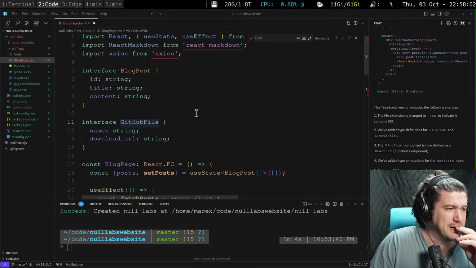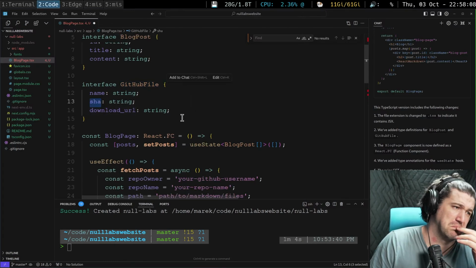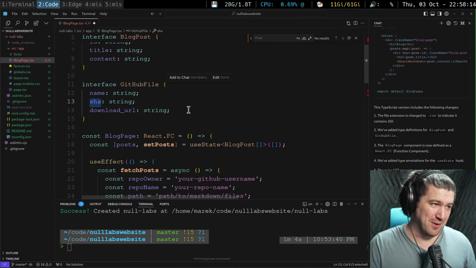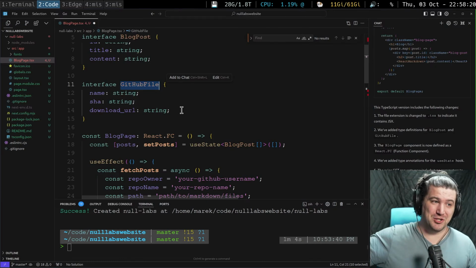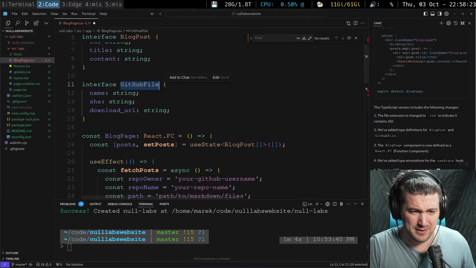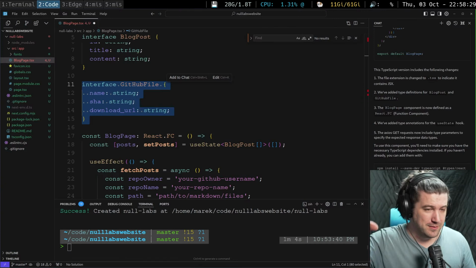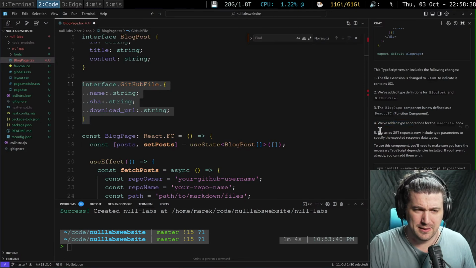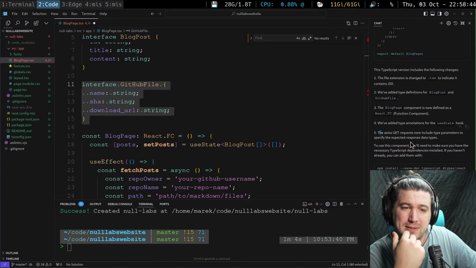All right, let's see. So we got some interfaces. This is fine. I don't know that I want the SHA. I was thinking branch, but whatever. Like, we need one of these per file. I was thinking we'd go like watch this branch and get all of the things, but well, whatever. It's fine. Oh, I guess this is for an individual one. Maybe this is fine. Okay, the blog post is now defined. We've added a type annotation for the useState hook. Oh boy, that's gonna get exciting. The axios get request now includes type parameters to specify the expected response types.